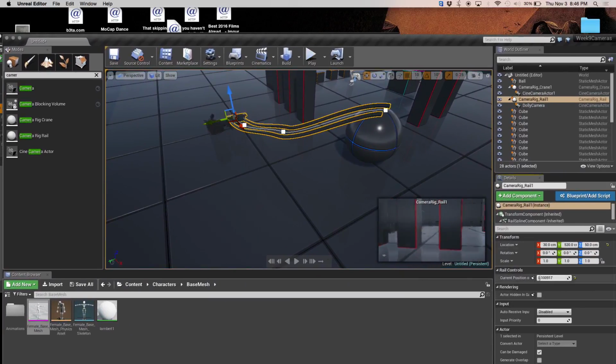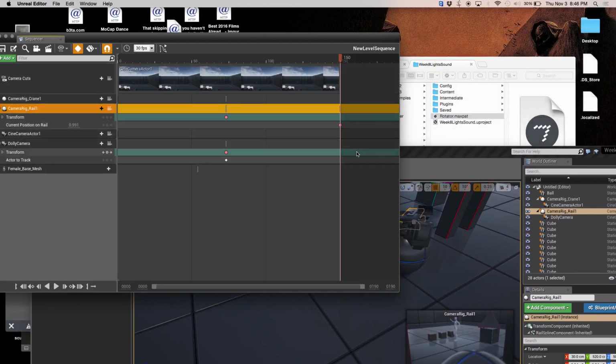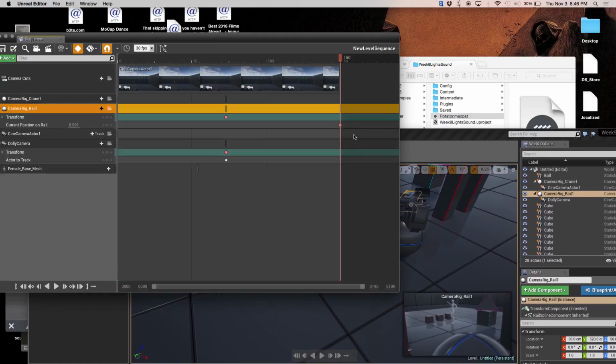And because I have auto keyframe on, it should automatically keyframe. Let's just check and see if that is true. I think it did. Yeah. Position on track. There it is. If we go back here,